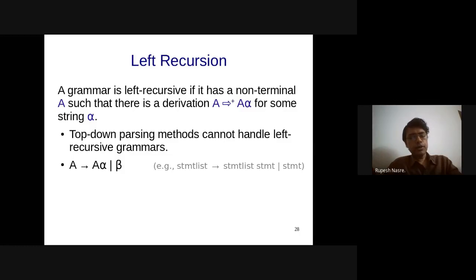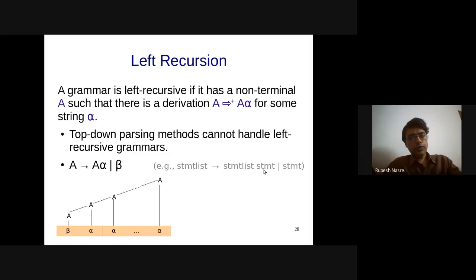For example, if I have a statement list as a non-terminal in my parser specification, I can write it as statement list is statement list statement or statement, right? That becomes a left recursive grammar, which is quite common, although you will not face this problem in the YACC grammar because YACC generates a bottom-up parser. Bottom-up parsers don't have this issue, but the top-down parsers do.